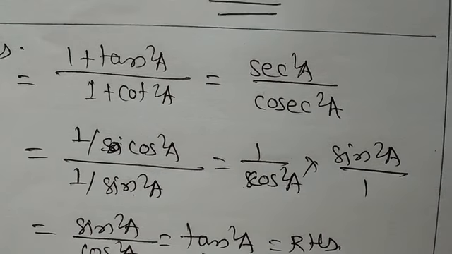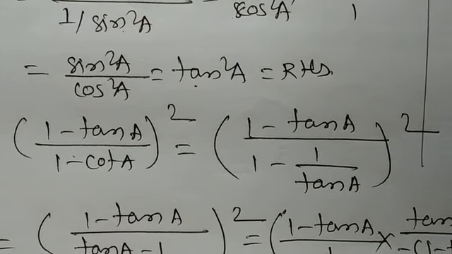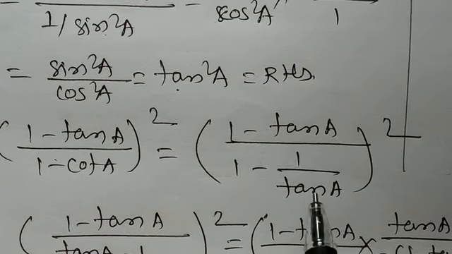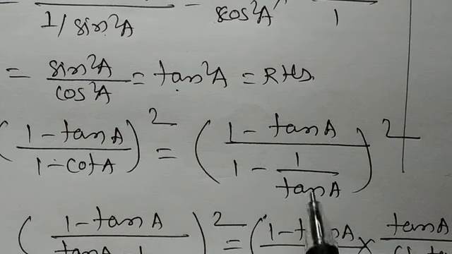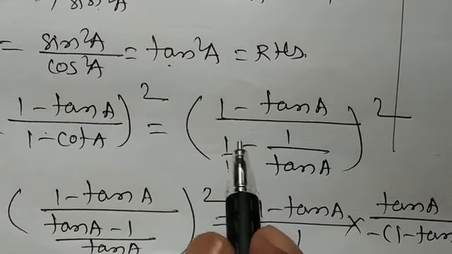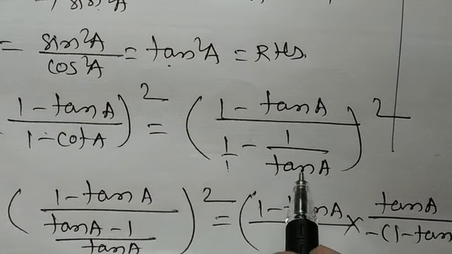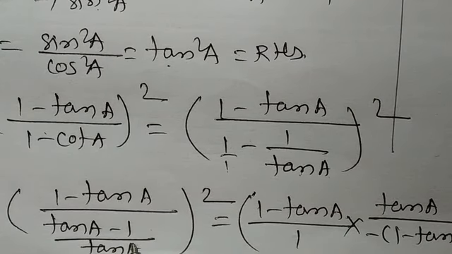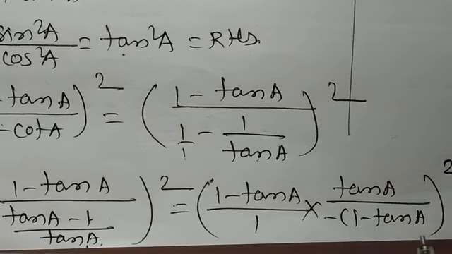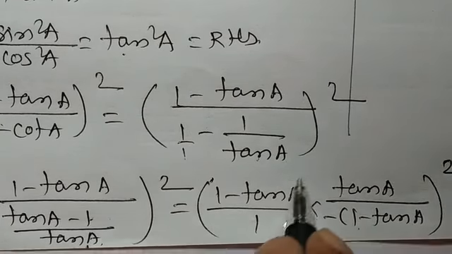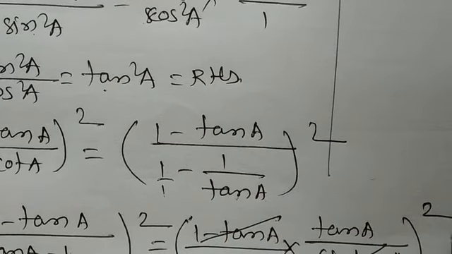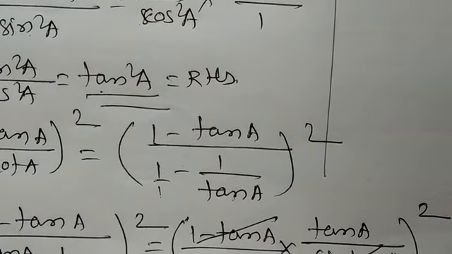It is a very simple proof, that equals RHS, that is ((1 minus tan A) upon (1 minus cot A)) whole square. We can write cot A in terms of tan A. So 1 minus tan A upon 1 minus 1 by tan A. Solve this, subtraction of fraction: 1 into tan A minus 1 upon tan A. Then the denominator fraction, that is 1 minus tan A upon tan A upon 1 minus tan A. Take a minus sign common, that 1 minus tan A will cancel. What remains is minus tan A, and the whole square is tan square A. And this is again your RHS.